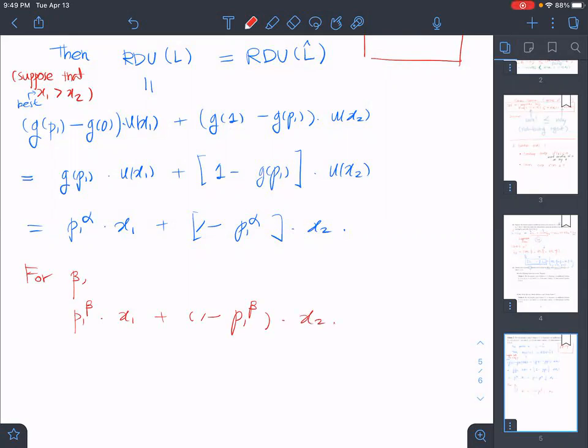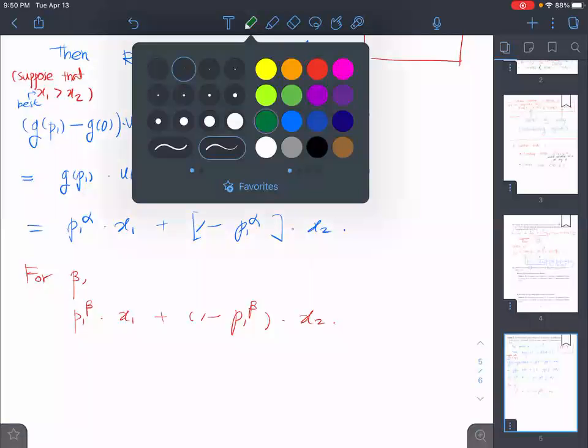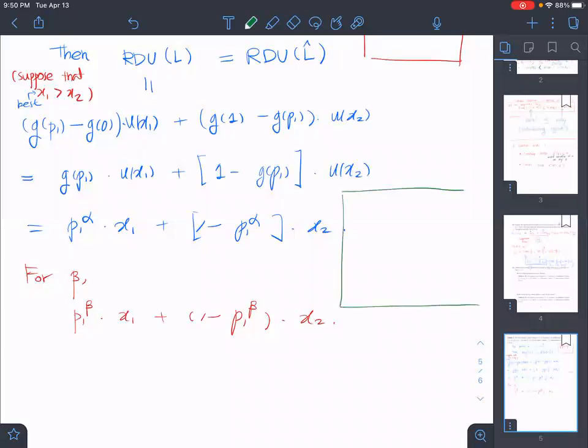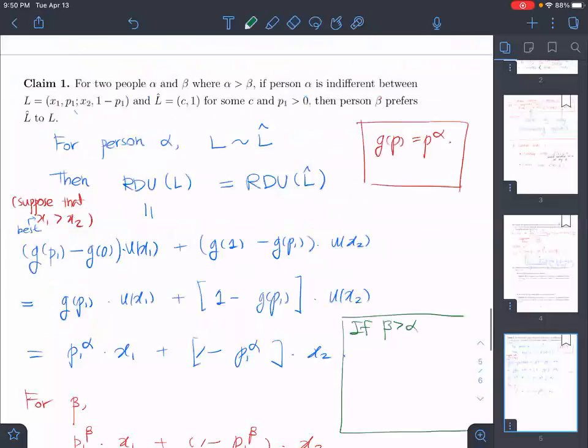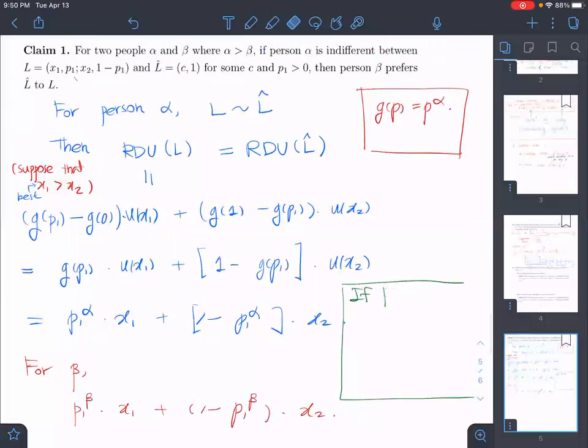Okay, so what can we observe? If beta is greater than alpha, I'm sorry, it was the other way around. If alpha is greater than beta,